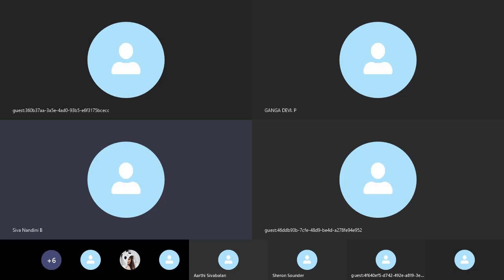Why we need this bill of materials: after designing the PCB board in a software tool, we'll be generating this bill of materials. This bill of materials will include all the details, as we have seen here, so that it will be used for purchasing those components in real life and manufacturing a PCB board in the real world environment. So we have to use this bill of materials in a real world example.